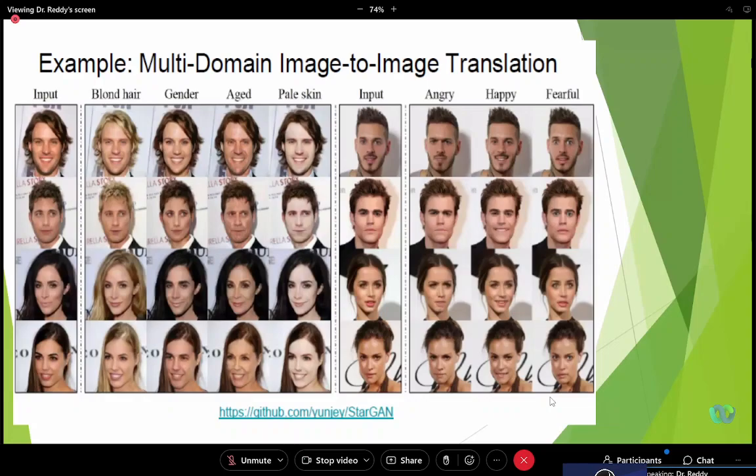Some of them are shown here. Similarly, there are 100 features. You can call it a style transfer or whatever it is, but this is not exactly a style transfer. This is different. There is an input image, and we are not adding just one style, we are adding a lot of features and we are going to select them. Accordingly, the input object is going to be completed. So this multi-domain image to image translation is very important.